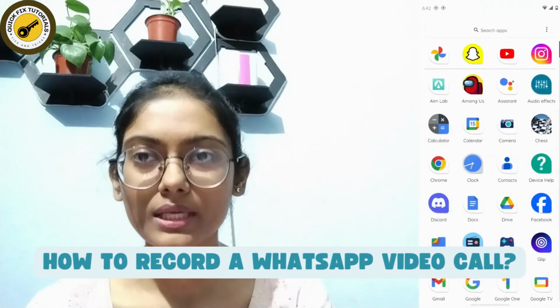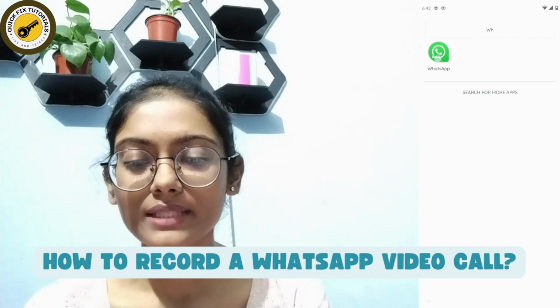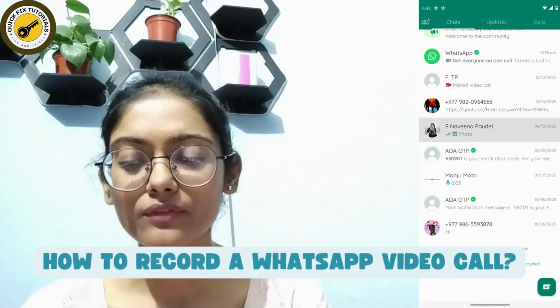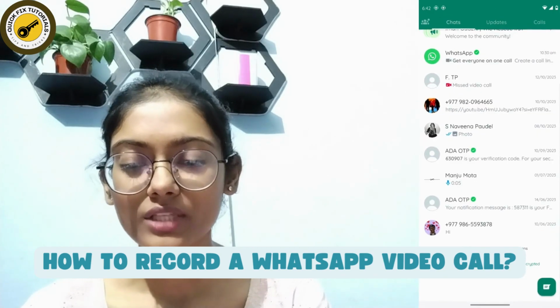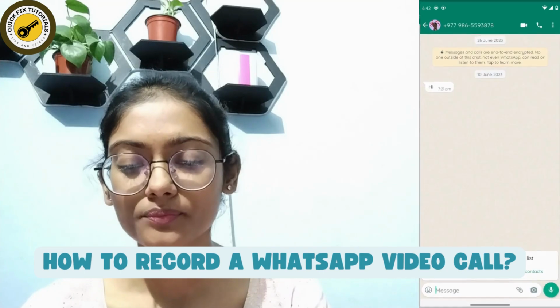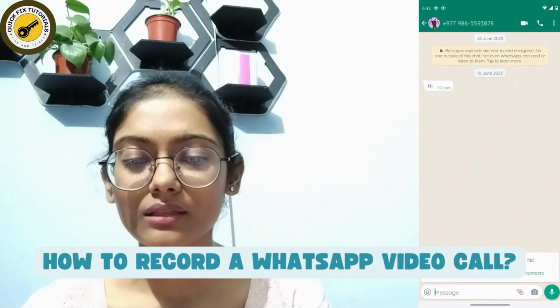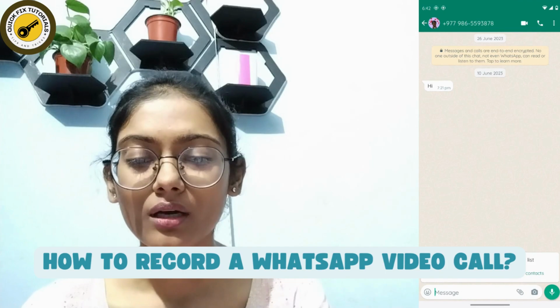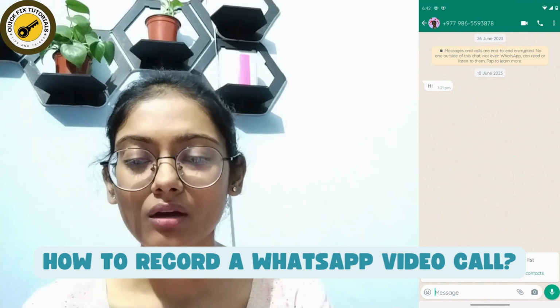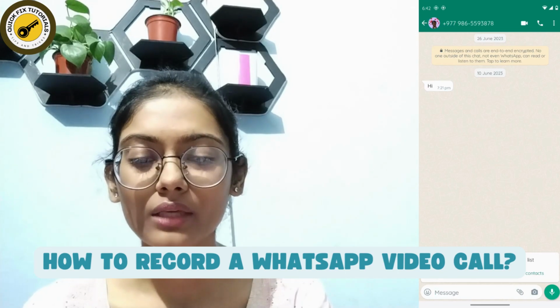How to record a WhatsApp video call. So for example, you can simply open up your WhatsApp application, and after opening, go to a random chat, and then start a conversation or be in a call with someone on a video call. And after being on that call, if you want to record that call, then what you can do